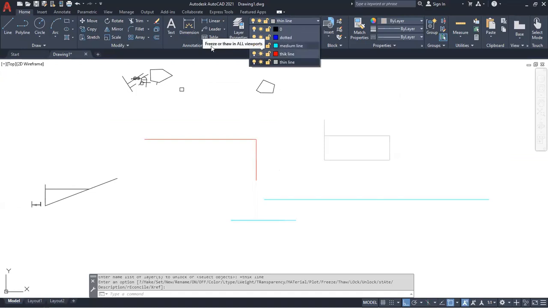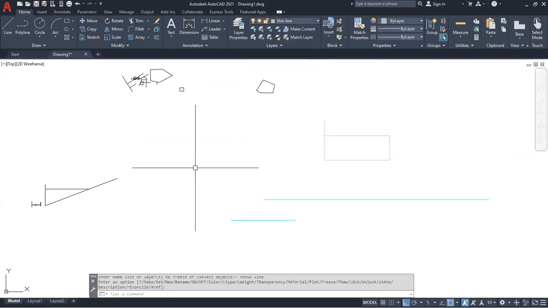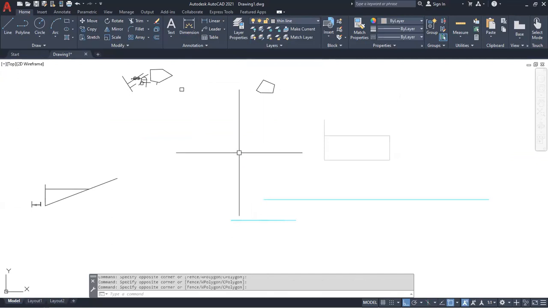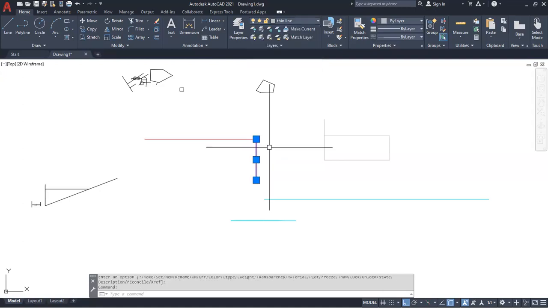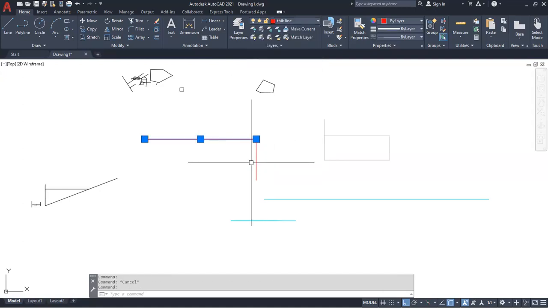Freezing is freeze or thaw in all. So it's going to freeze it. That means you'll not be able to see it as well, and you're not going to be able to change it as well. So that is freezing. If I again on and off it, it's going to show me. So freezing,